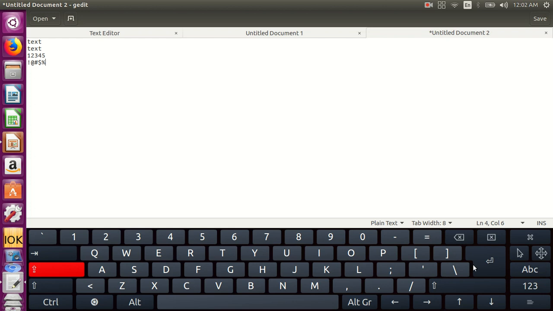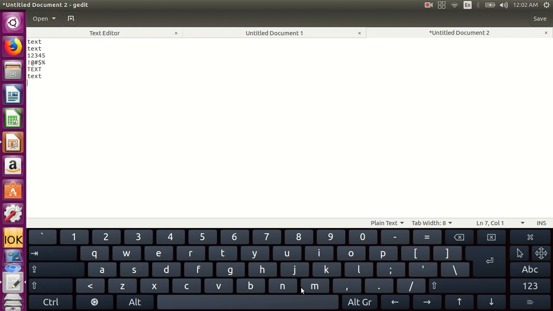Now, if the text is typed, the characters will be typed in capital letters. To switch off Caps Lock, press the Caps Lock key again. The light on the Caps Lock key will be off. This indicates that the characters that are typed will be typed in small letters.